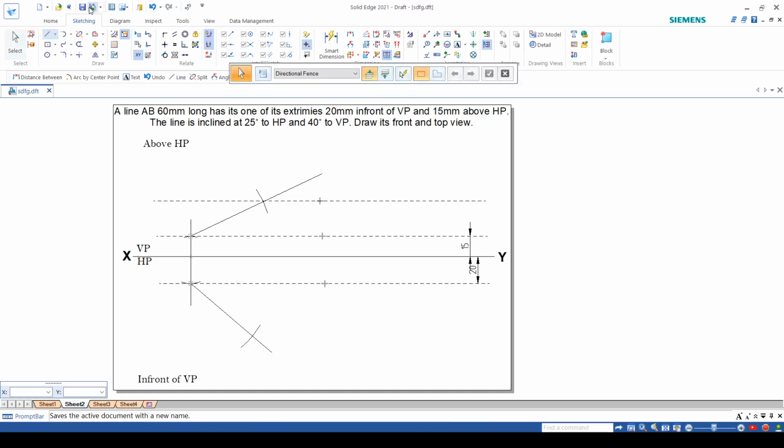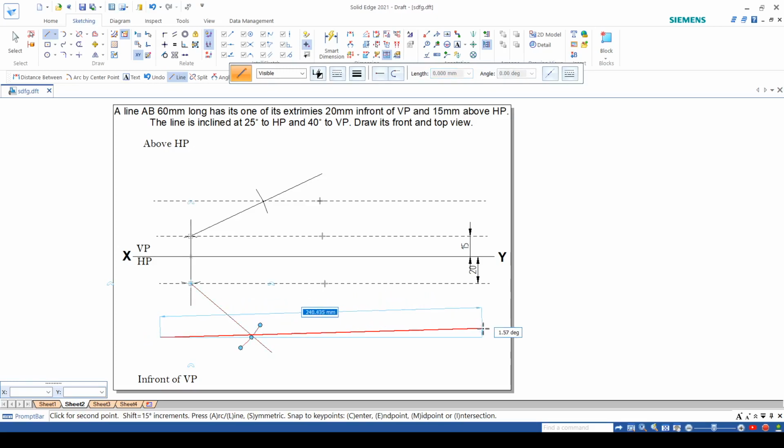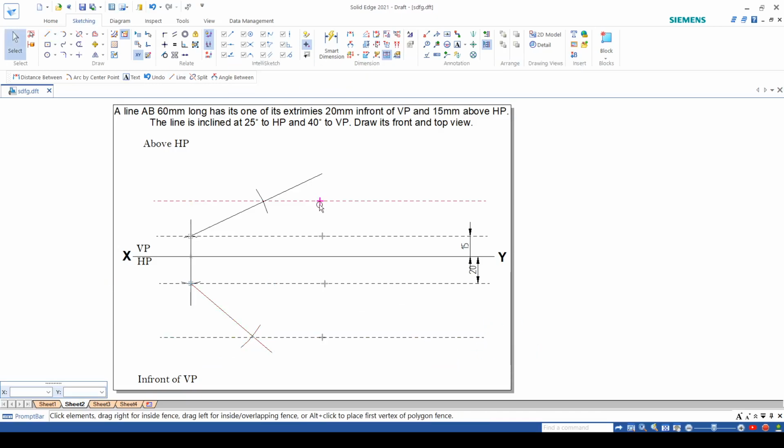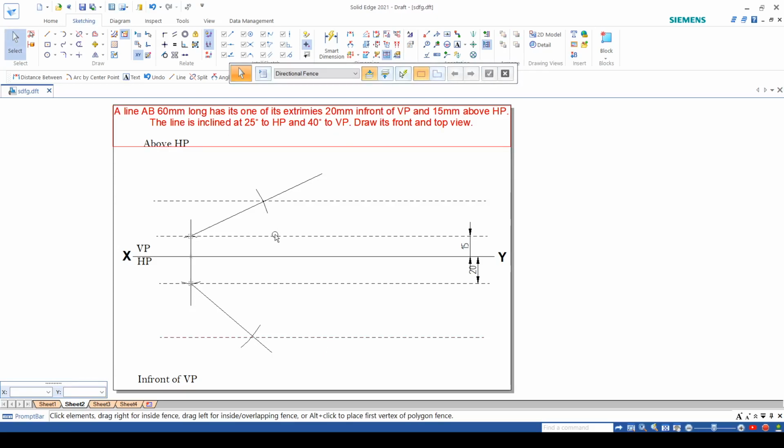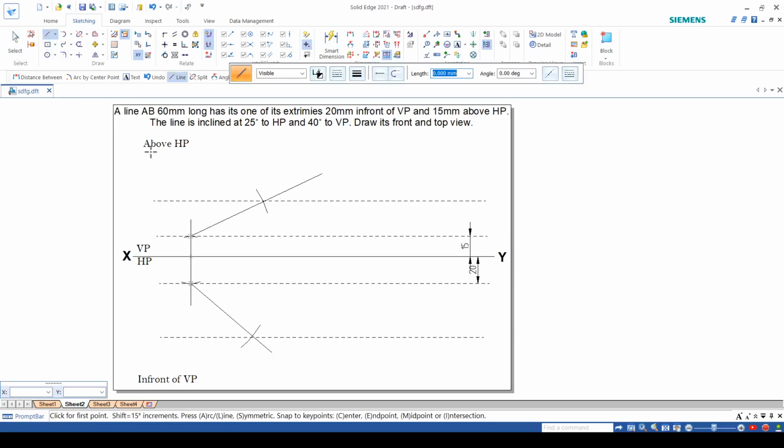Now one more from this point also. Now remove these plus signs. Now it's to draw the front and top view. For the front and top view, just take a line, and first of all, from the point of intersection, draw to the other part.